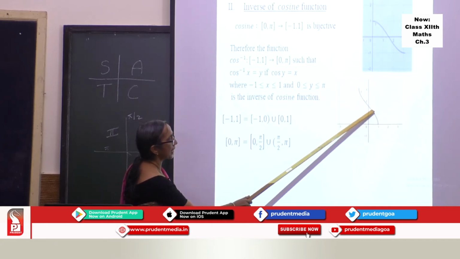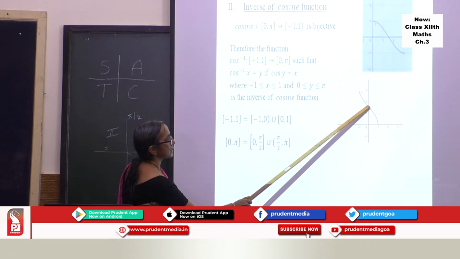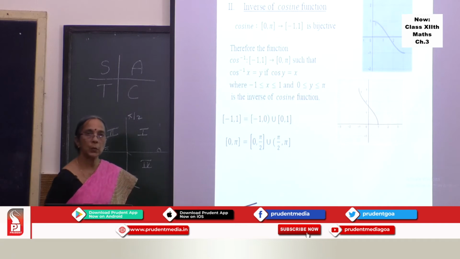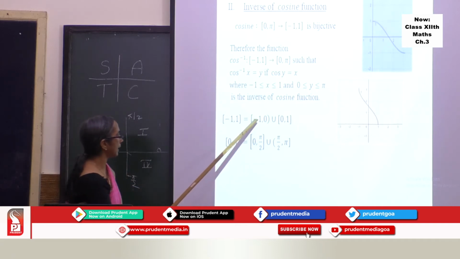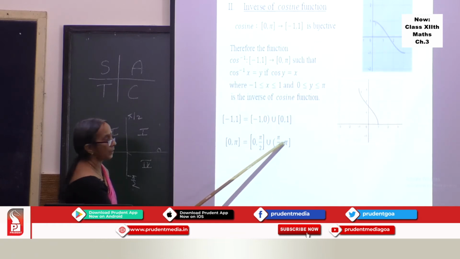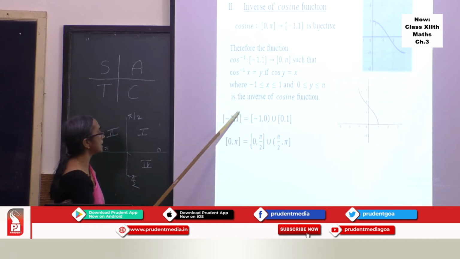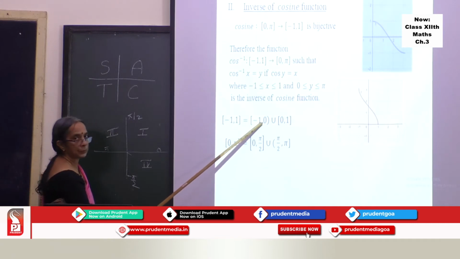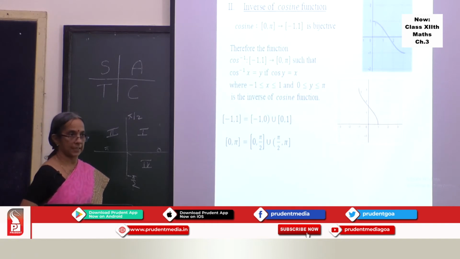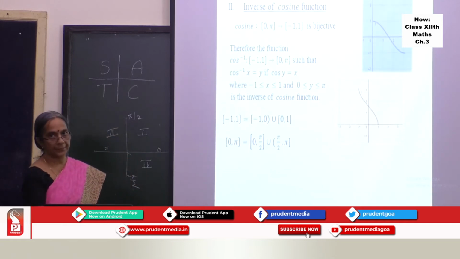Similarly, if x is a value between minus 1 and 0, cos inverse of x is lying between pi by 2 to pi. If it is between minus 1 and 0, it is lying in this second quadrant. Cos inverse of a positive value lies in the first quadrant, like sine inverse. Cos inverse of a negative value lies in the second quadrant, not like sine inverse of x. It is in the second quadrant from pi by 2 to pi.